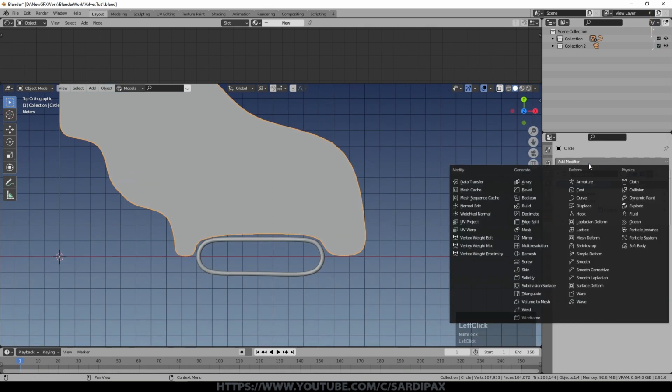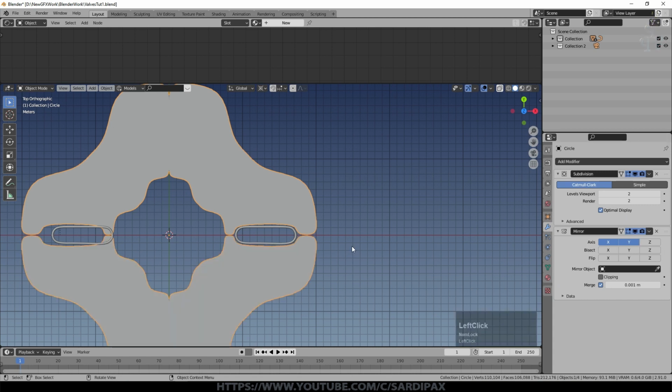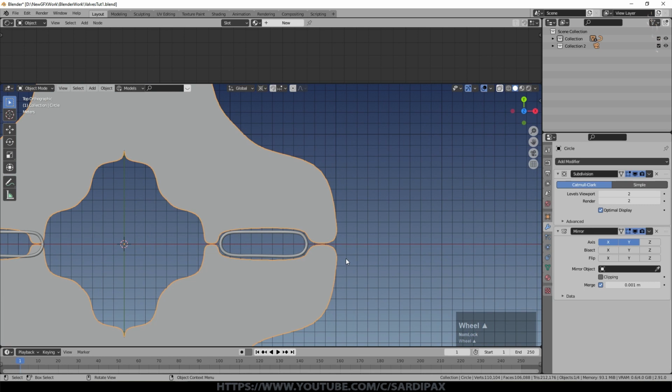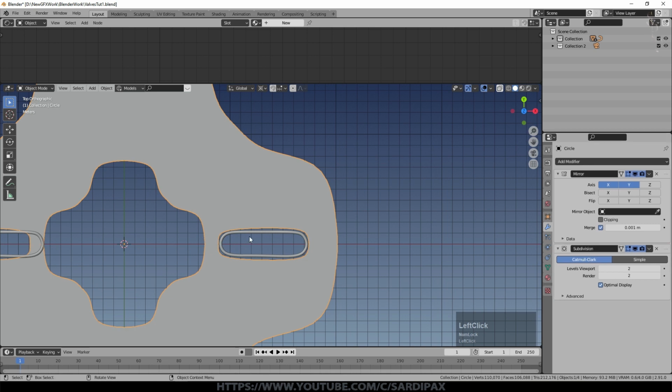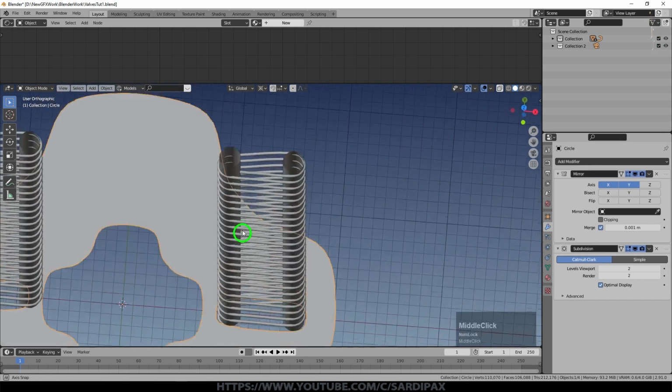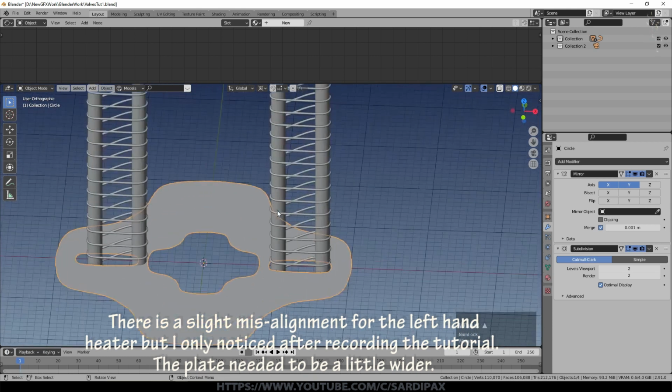And now I want to add another modifier, which is a mirror modifier. You can see that's put a copy of it over there by default on the X axis, so it's mirroring from one side to the other. I want to mirror on the Y axis as well, so I'll press that, and you can see we've got that there. Now we want them to actually join, so if we grab here by pressing the left mouse button and drag this down, you can see they suddenly join together. We've now got a little plate which goes around our object.